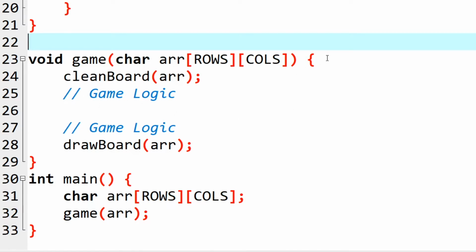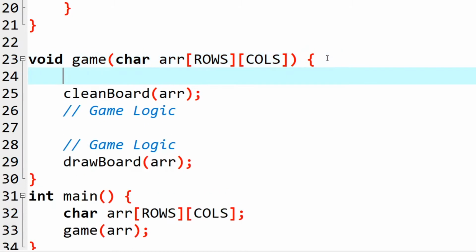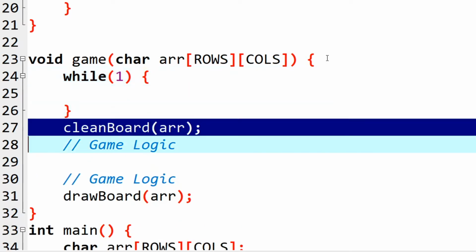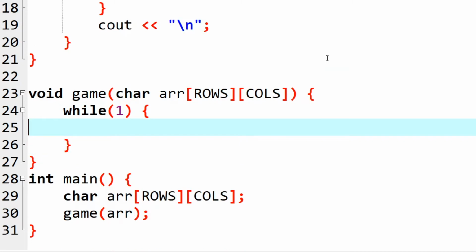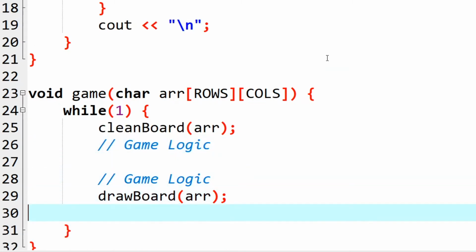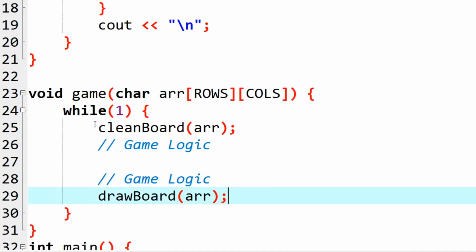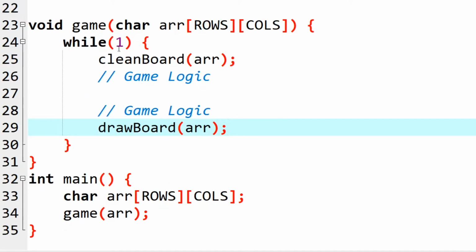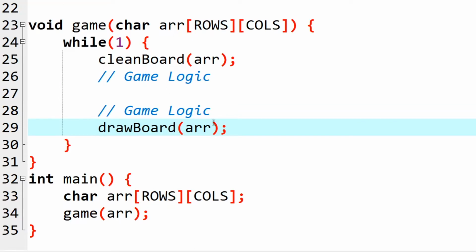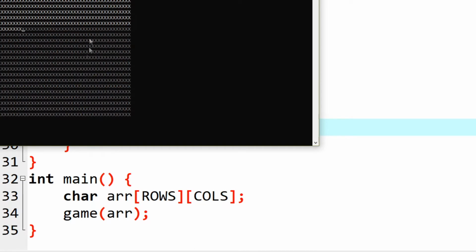For that, let's create frames first. What if I did all of this in a while one loop? Clean board, draw board. So now what will happen is, on every iteration of this loop, the board will clean and the board will display a game, right?